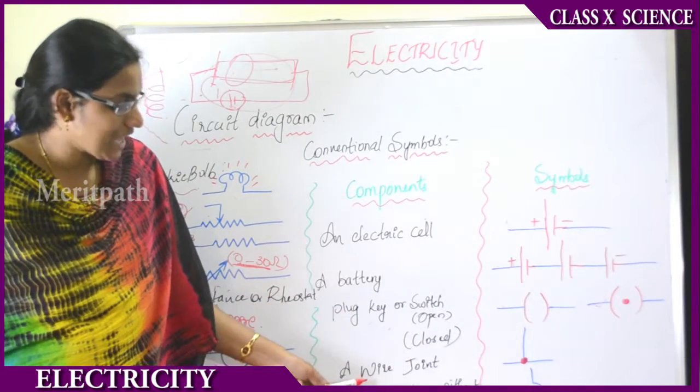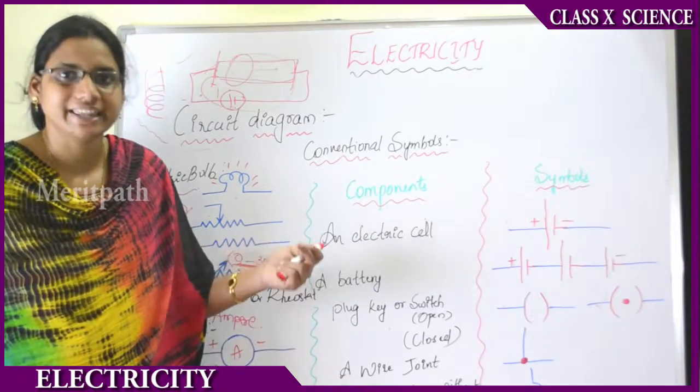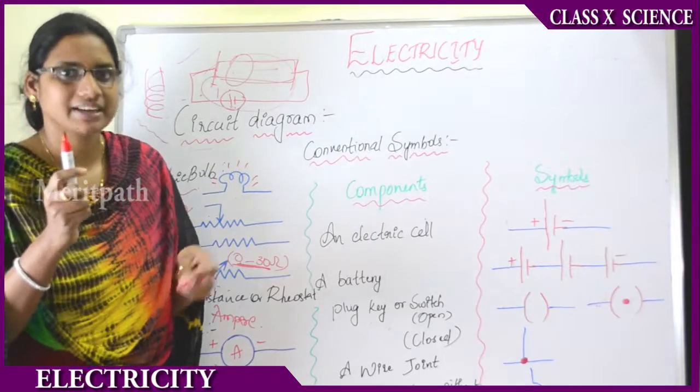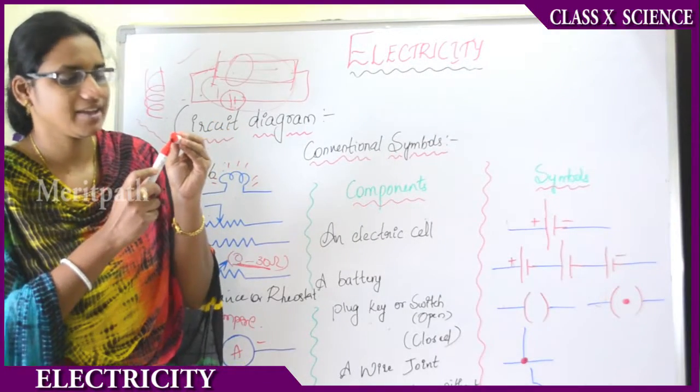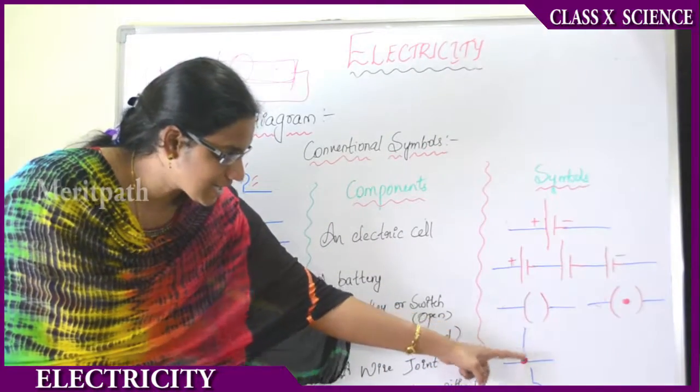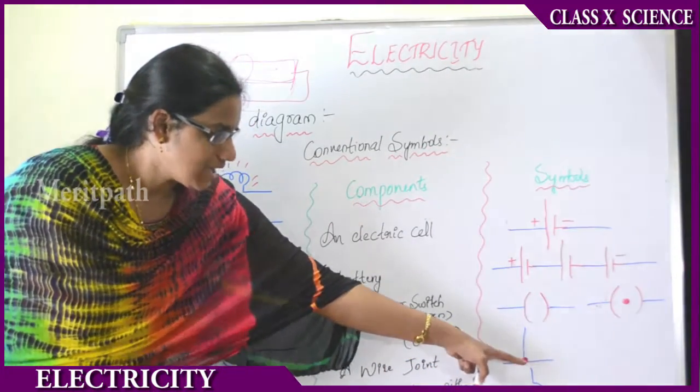And now we will be seeing a wire joint. Wire joint means it's nothing but two conductors are joined. Suppose, for example, this is one conductor and this is another conductor. It is joined by the wire. This joint point is known as a wire joint. That is shown here. See, one conductor and another conductor are joined, and we will be denoting it